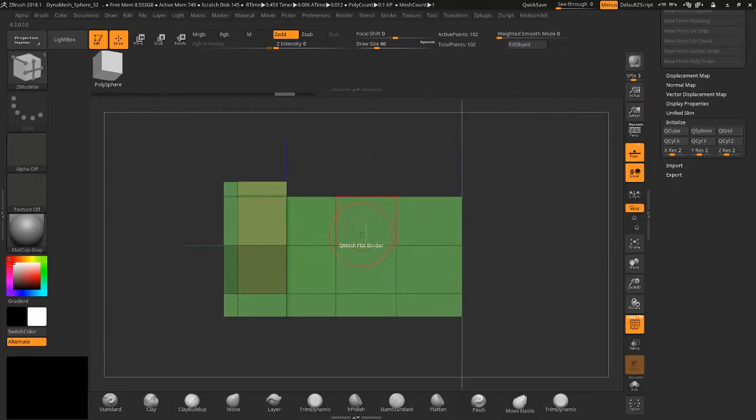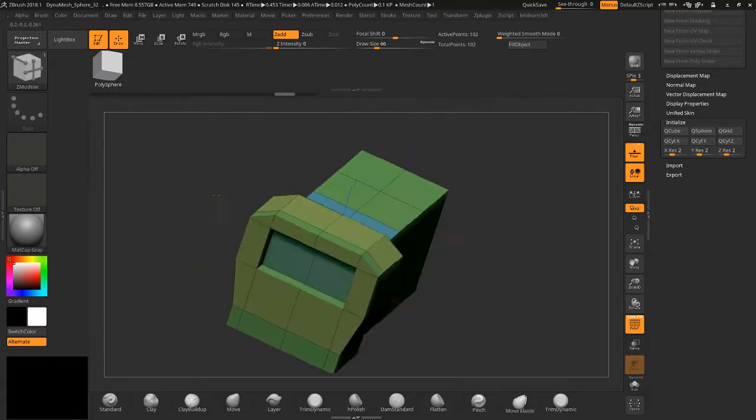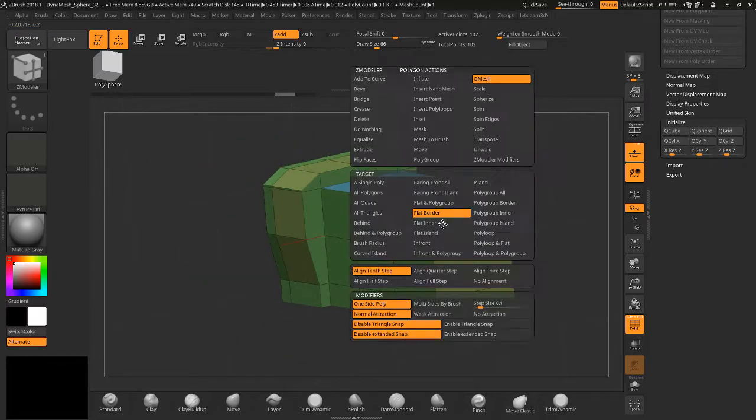Let's go through the Q. Since we're already on QMesh, let's just go through all these methods here. By default, it's on QMesh. And you can see the action that it'll do is here. And your target is what you want to do it on. So if I want to do it on all these here,